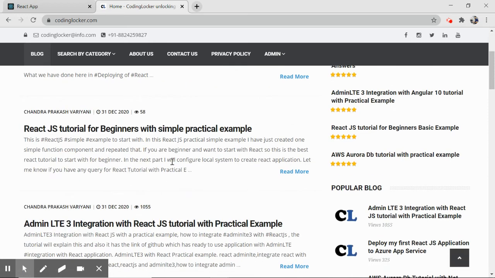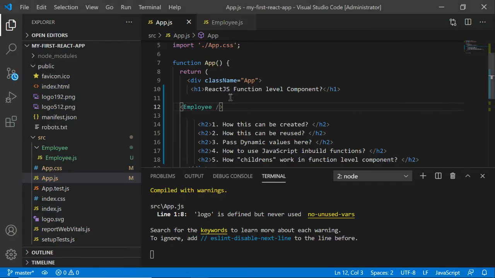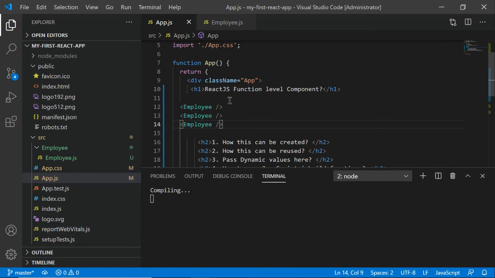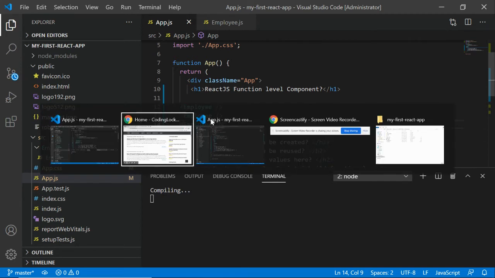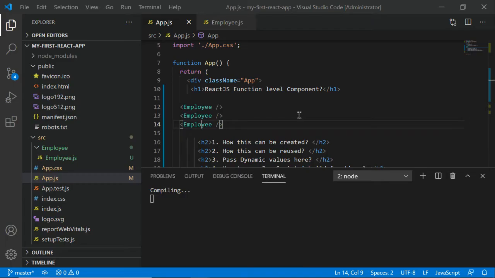So what in React we do, we simply treat them as a component so that they can be reused at multiple places. If you have created top rated videos as a card, then if you want to make use of this in a different panel or different page as well, you can simply call this. So that's why we create the component. So if I say like this, employees, this is one page, I'm just showing an example, but wherever you want to make use of these components, you can always reuse them anywhere in the application wherever you need. So I have just saved this.